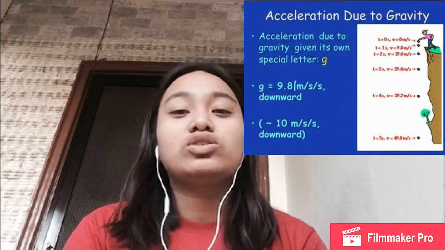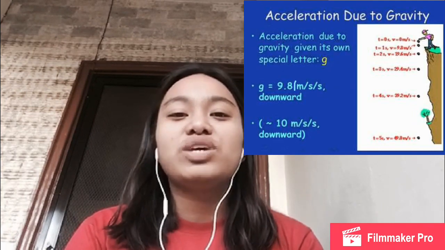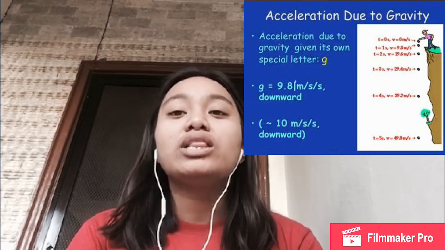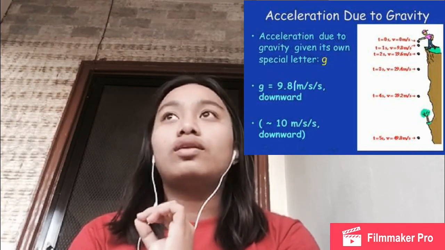In horizontal motion, the acceleration is equal to 0, while in vertical motion, the acceleration is equal to g, or acceleration due to gravity, which means acceleration is equal to 9.81 meters per second squared downwards. So, for example, imagine a ball is thrown